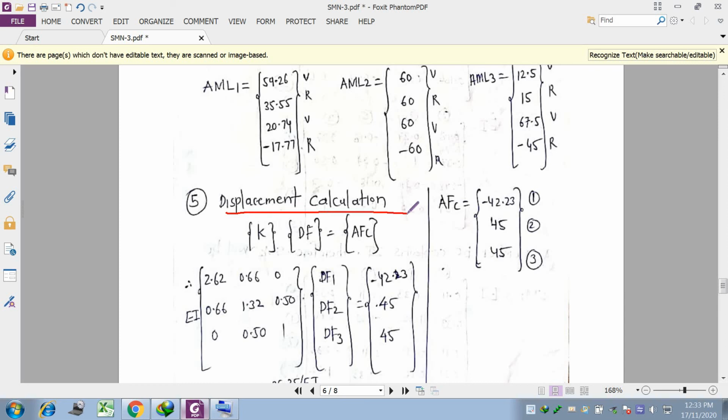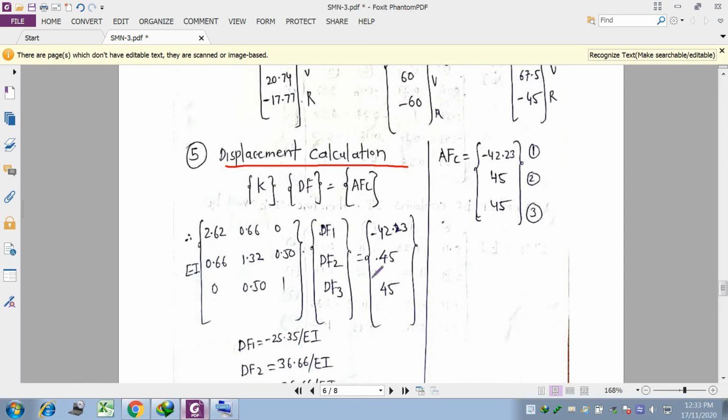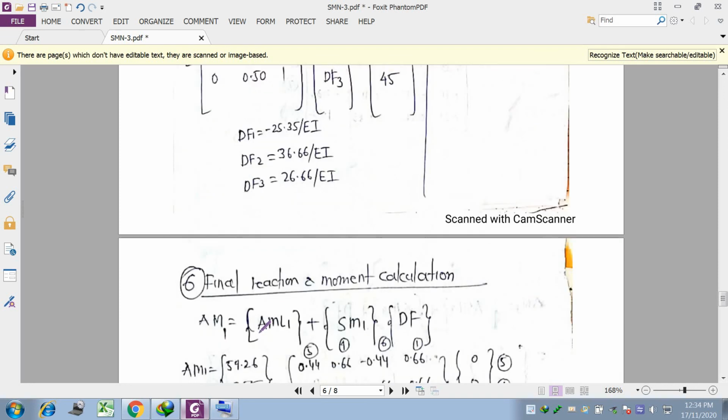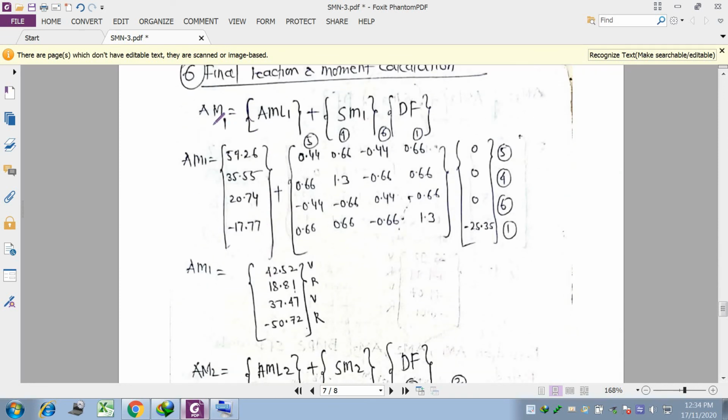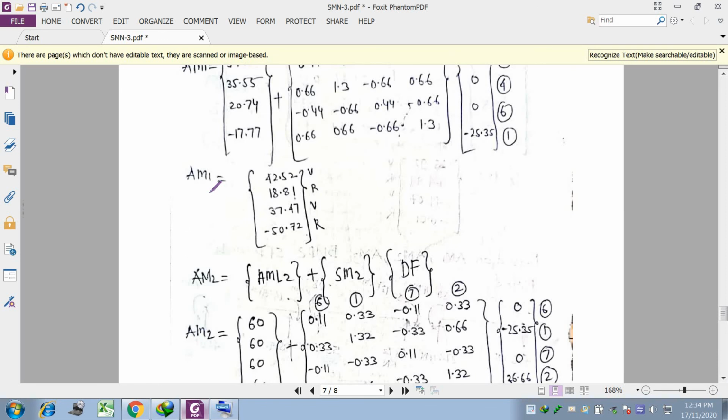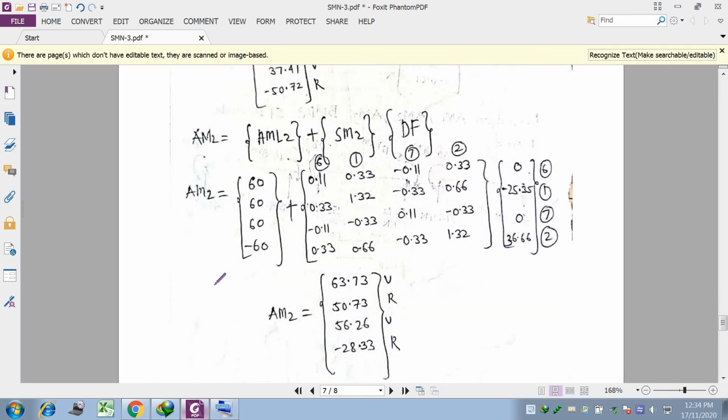Next is the displacement calculation. In displacement, K into DF equals AFC. Rest of the thing you know better, but here there are 3 unknowns, so 3 simultaneous equations will be formed, and based on them you put the values in the calculator and you will get the values of DF1, DF2 and DF3. Okay, then the final reaction calculation: AM1 is equal to AML1 plus SM1 into DF. So you have to put your SM1, SM2, SM3 and DF factors based on your structural matrix coordinates, and you will get your AM1, that is your final reaction and rotation value, and based on AM1, AM2 you can plot